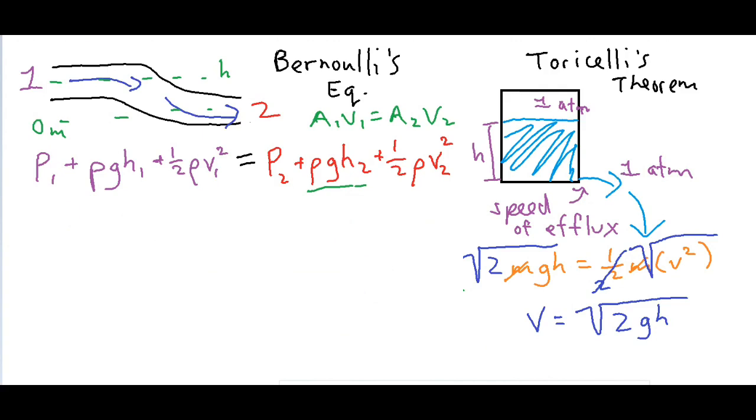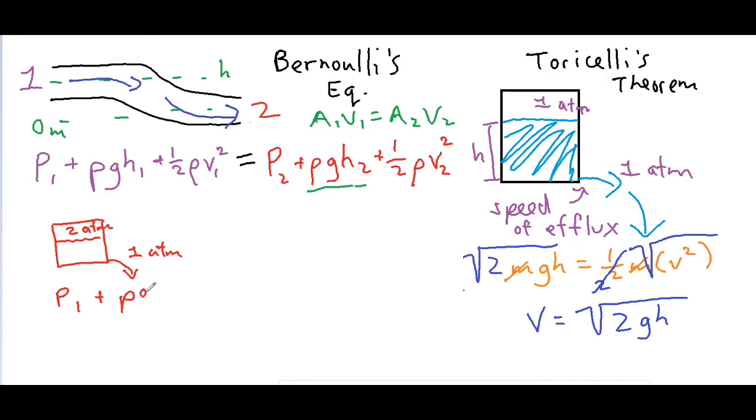Now, there are some slightly more complex cases. If you can't just do velocity equals square root of 2gh, you may have to use Bernoulli's theorem. That's usually in the event that the starting pressure and the ending pressure are not the same. For example, if you have a container, we'll say it's sealed, and you have 2 atmospheres up here, and then it's coming out to a regular 1 atm over here. Then you can go ahead and use Bernoulli's theorem and say that we have a P1